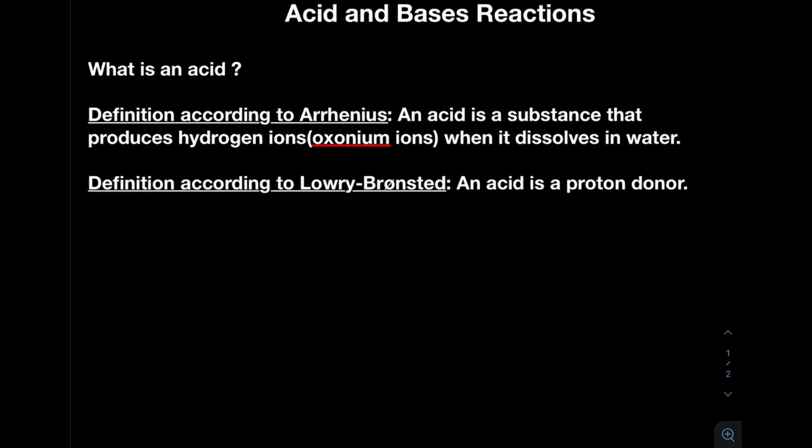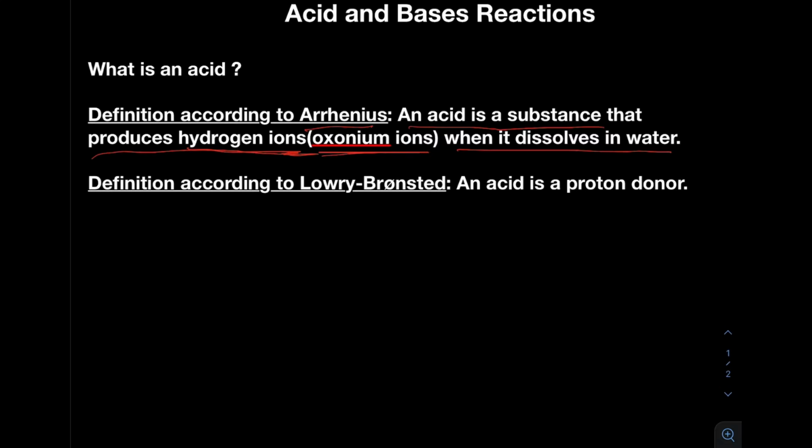Now let's start by defining what an acid is. There are two ways of defining an acid: there's an Arrhenius definition and there's a Lowry-Bronsted definition. Let's look at the first one. According to Arrhenius, an acid is a substance that produces a hydrogen ion or oxonium ion when dissolved in water. So any substance that we dissolve in water and it produces the hydrogen ion or the oxonium ion,